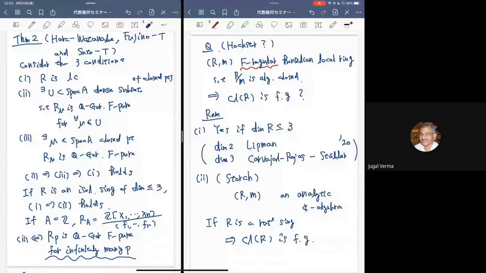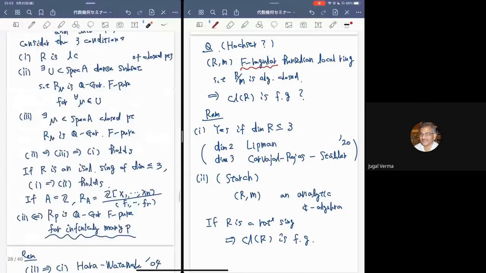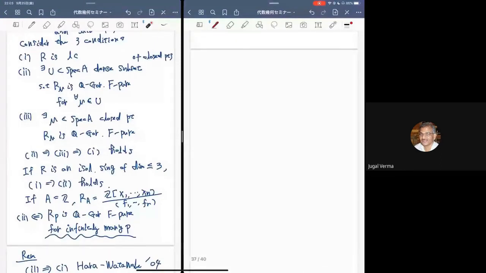Part 3 is also true for rational singularity and F-rational. Yes, that is true. Maybe let me write here. That is the main result of, it's a theorem of Marshwood. And for rational singularity, we don't need the Q-Gorenstein assumption, just the following are equivalent.